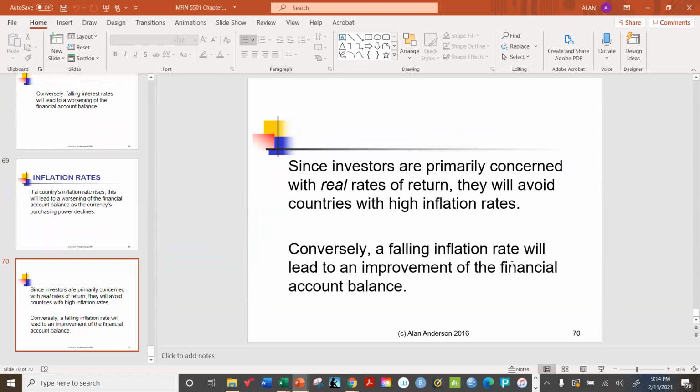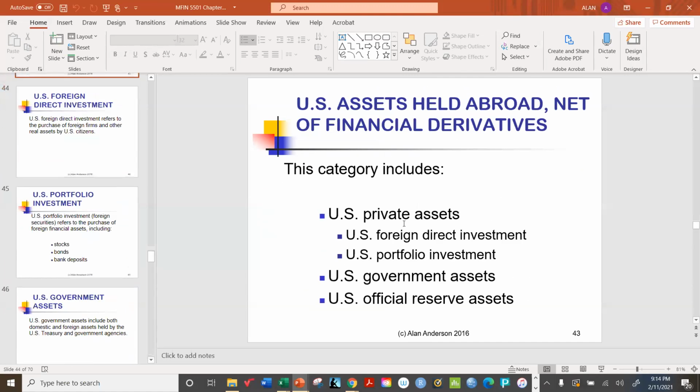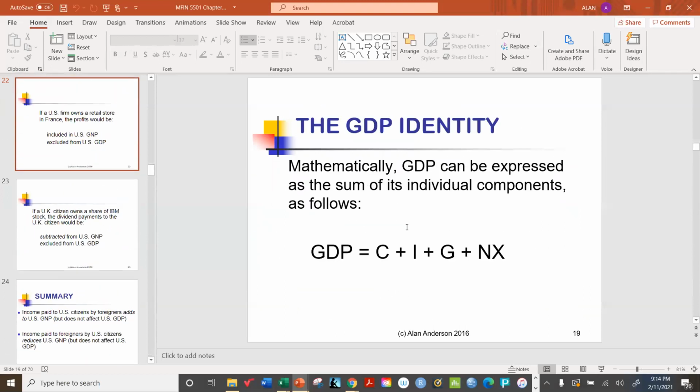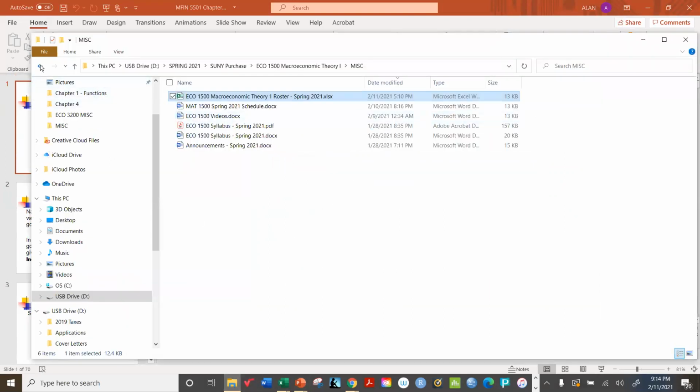All right, well, anyway, all of this was meant to be a brief introduction to the area of the balance of payments. Now, we're not going to spend so much time looking at accounting issues in future chapters. In fact, right off the bat in chapter 14, we're going to start looking at,